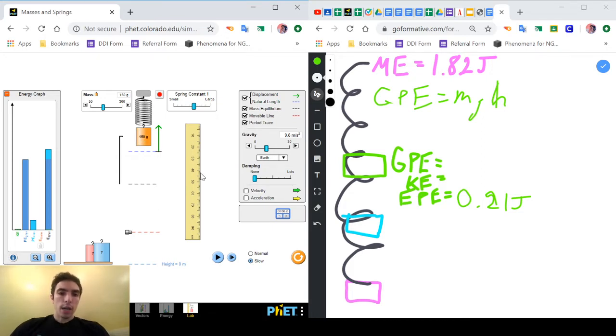So I'm going to put the 0 of this meter stick approximately in the middle of this mass. And then I'm going to move this movable line right to the bottom there. And the way that